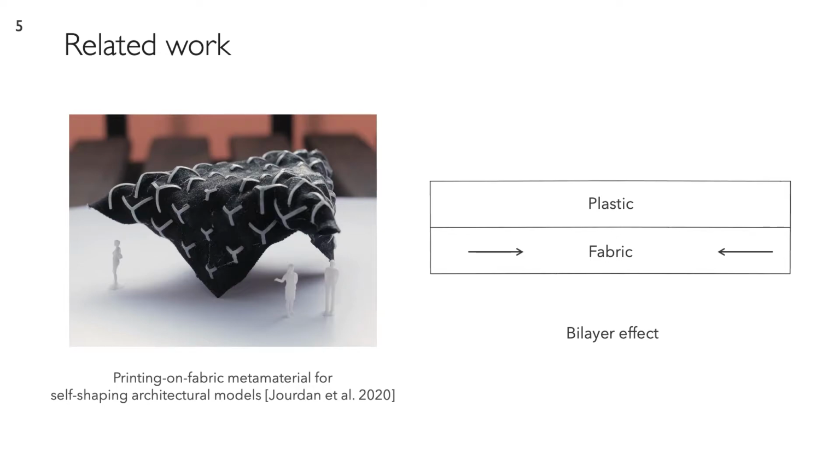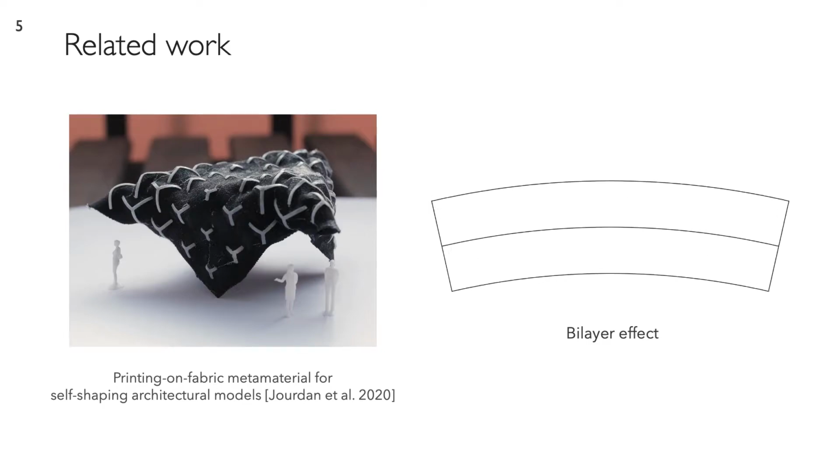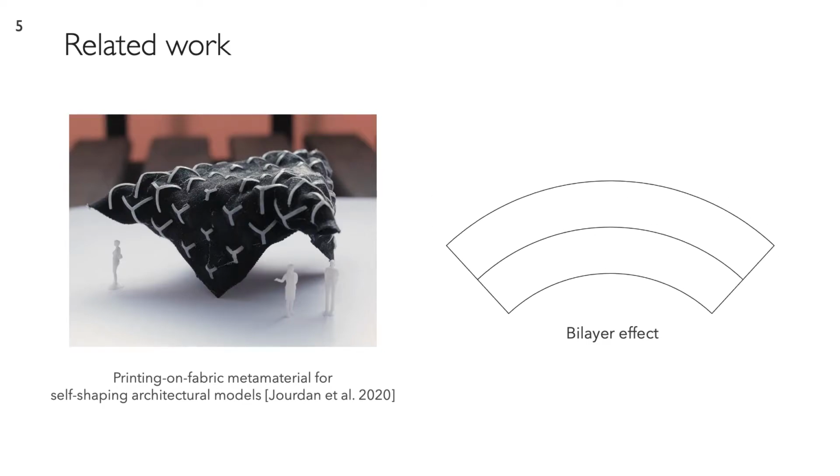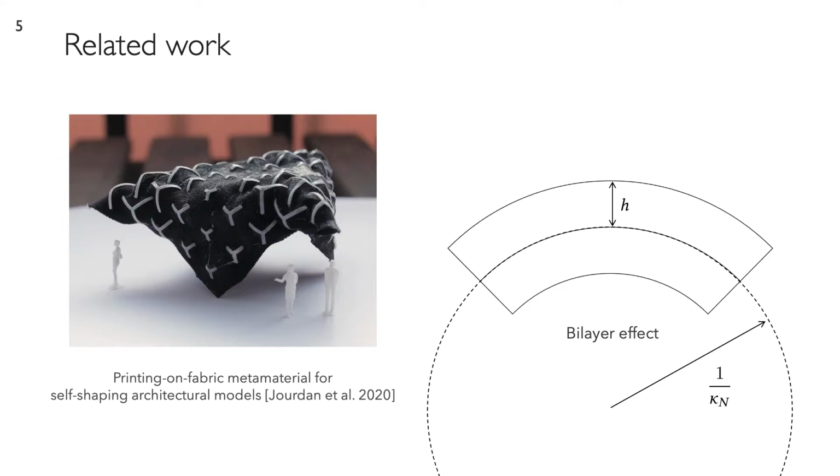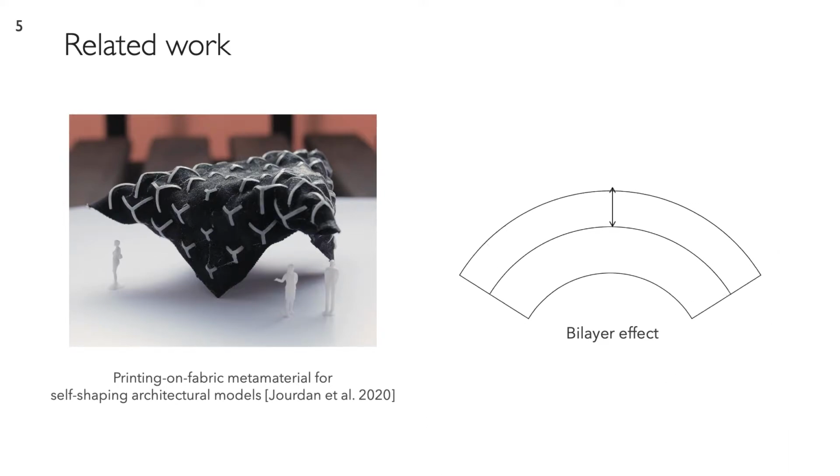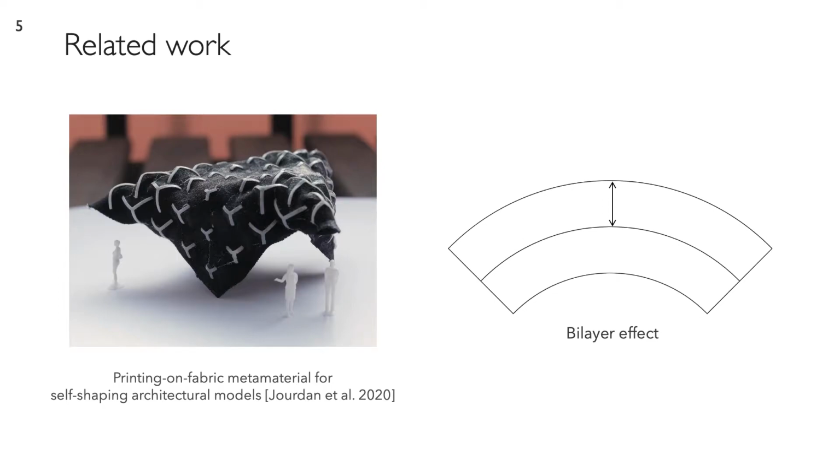tensioned fabric below. The forces applied by the fabric below will cause the bilayer to curve up, and the curvature obtained along this bilayer is a function of the thickness of plastic. The thinner the plastic layer is, the less resistance is opposed, and therefore the more curved the resulting bilayer is,